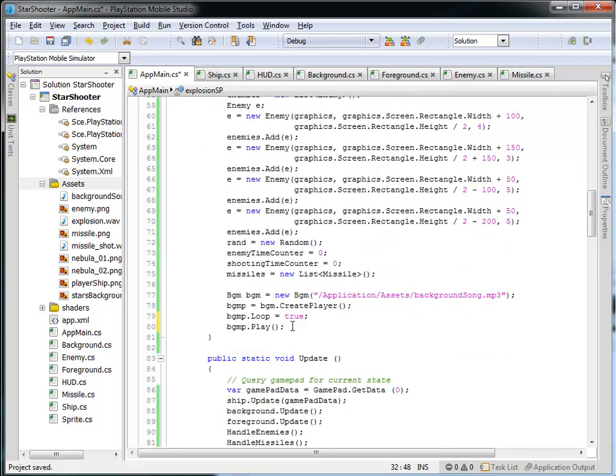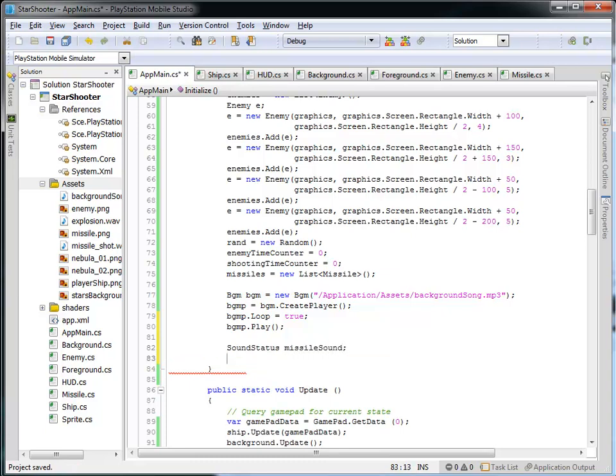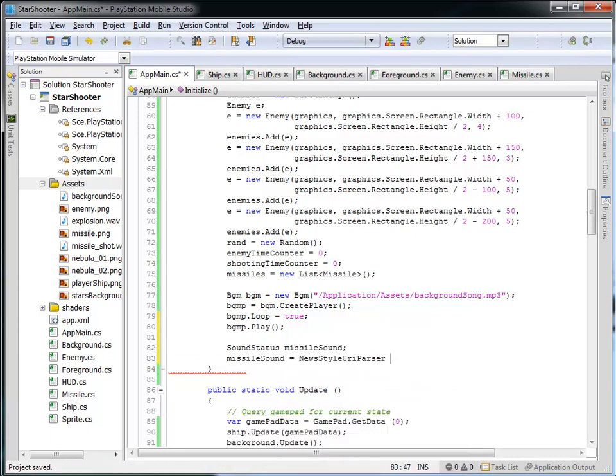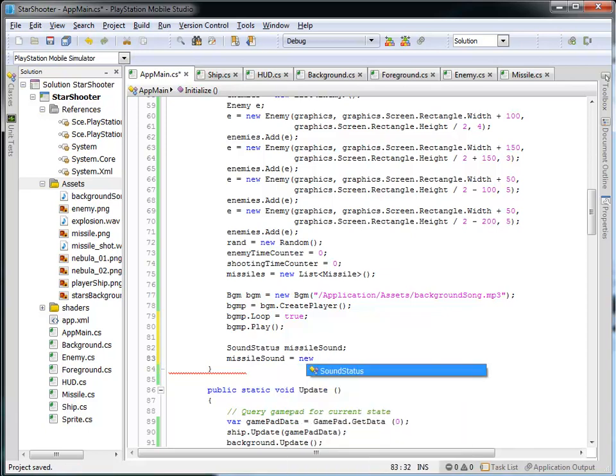Down here in Initialize, I'm going to do something very, very similar to my background music player, in that I'm going to set up these sound players and get them ready to play whenever these events occur. And I do that quite easily just by creating a new sound, and I'll call this the missile sound. And then missile sound is going to be equal to a new